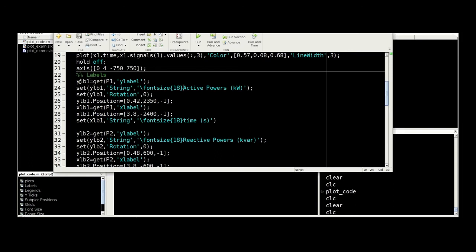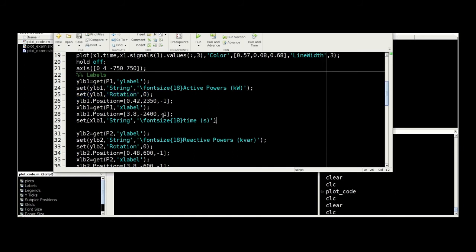So I have used a variable ylb1 to get the property y label of subplot p1, and then set the y label as active power with a font size of 18, and then rotated this for horizontal label. If we don't use it, it will create a vertical label across the y-axis, but I am using the horizontal label and then changing the position of that horizontal label.